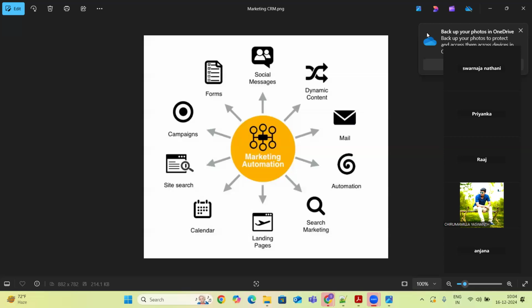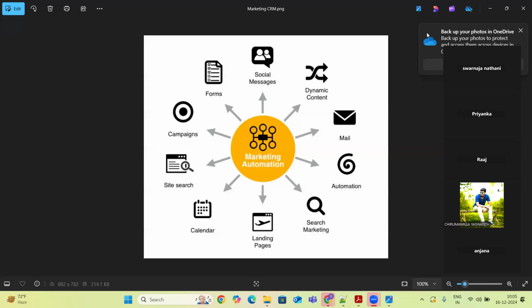We can individually send pamphlets and things like that. Those will come as forms. And social messages are things like Instagram posts, Facebook posts, WhatsApp sharing. Dynamic content means the content is the same, but it automatically changes the name or email address of the users, whenever we run a program.